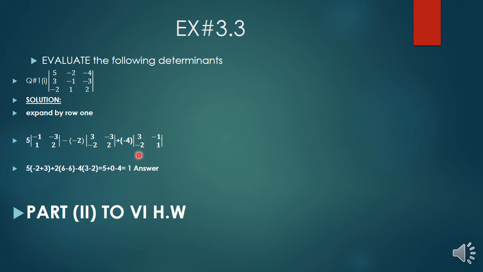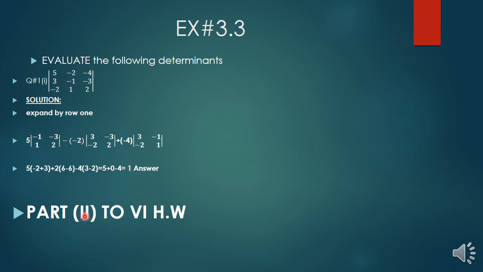Now take the determinant of the 2 by 2 matrix. 3 into 1 is 3, then -2 into -1 is positive 2, but minus sign of formula makes it negative, so we write it here -2. Now student, after simplification, what will we get? -2 plus 3 plus 1, then 5 ones are 5. Similarly 6 minus 6 is 0, then 2 into 0, the whole term is 0, then 3 minus 2 is 1, then 1 into -4 is -4, so 5 minus 4 equals 1. So this is the answer of the matrix.